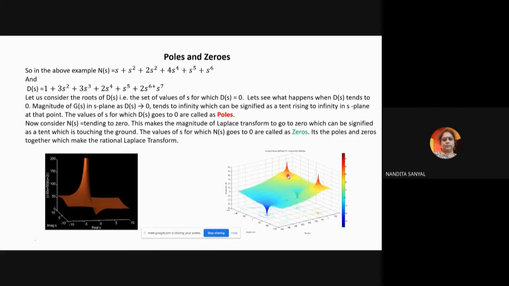That means if we want to give a high altitude to the tent, we have to fix up a pole there. That's why these are called poles. And similarly, if we anchor the tent to the ground, in that case these are zeros, which are going towards 0, and basically these points are obtained by equating the numerator polynomial to 0, which signifies that at these points the system function is equal to 0.